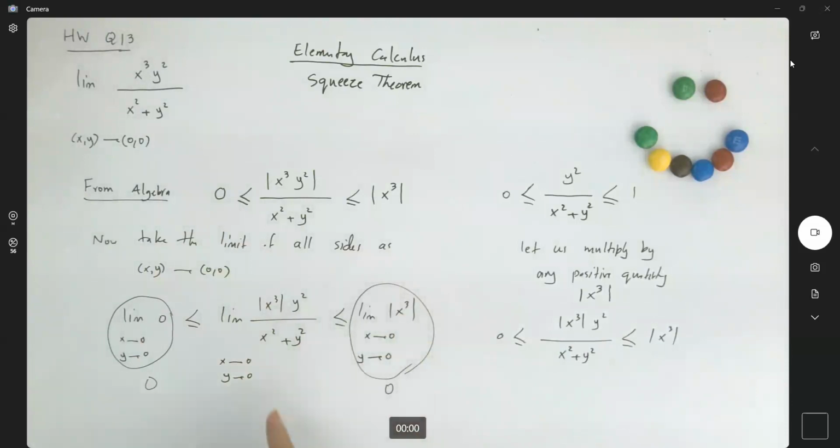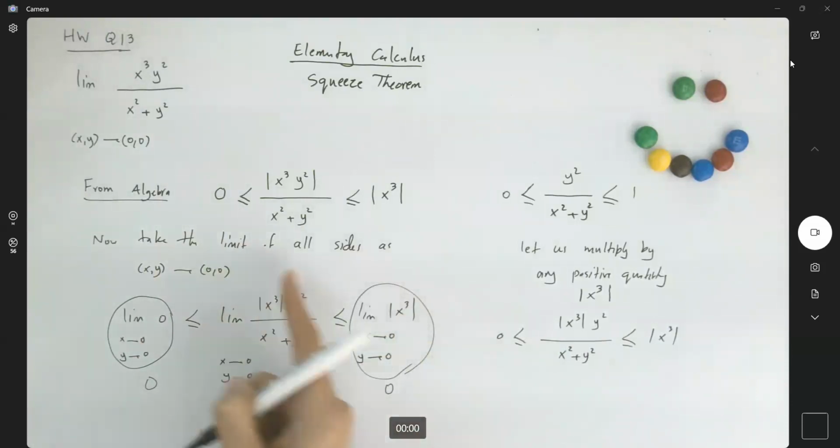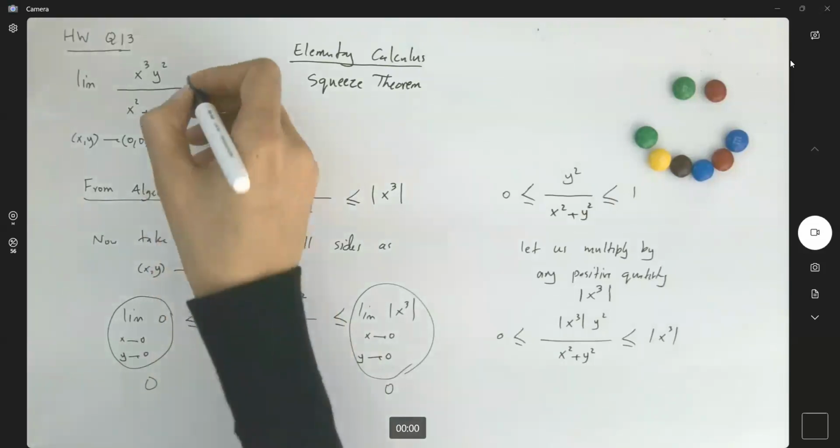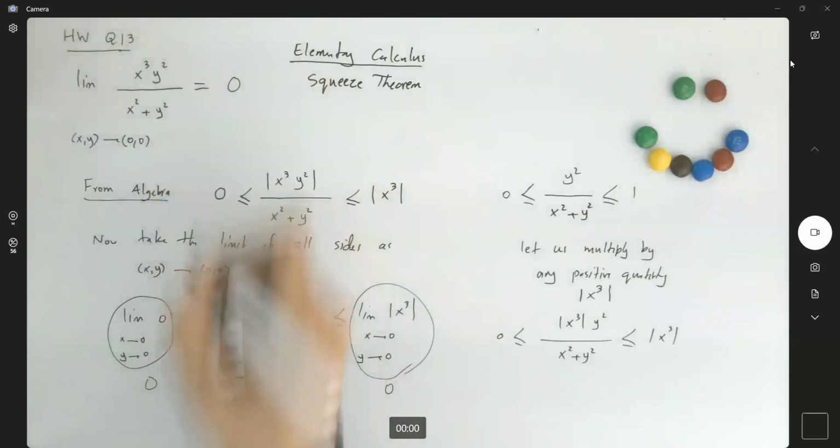What's the meaning of that? By the Squeeze theorem, the limit of the middle function is also 0. So by using the squeeze theorem, the limit is going to be